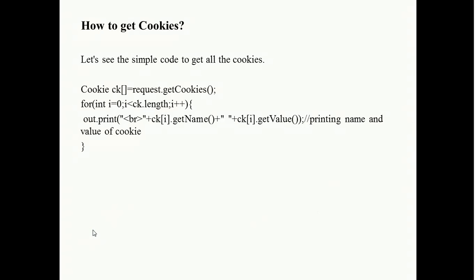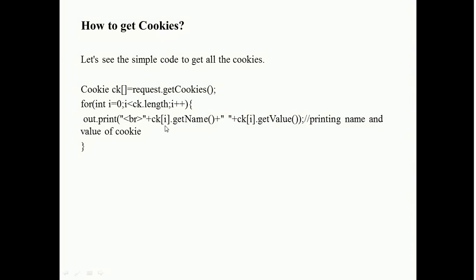Next is how to get cookies. If you want to get the cookie details, that time use these statements. First, create an array of the cookies. Cookie ck[] is equal to request.getCookies(). Then in a for statement: for int i is equal to 0, i is less than ck.length, and i plus plus, and in that print the